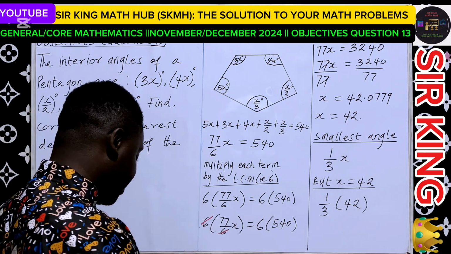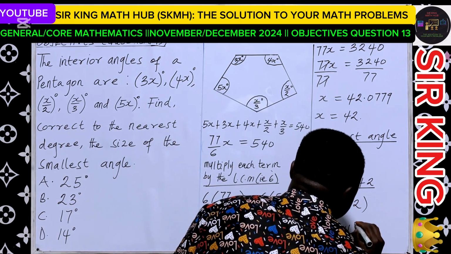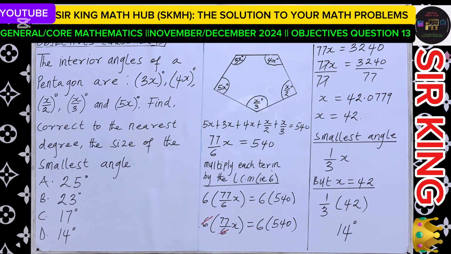We have 14 degrees. So what should be the answer? The right answer is option